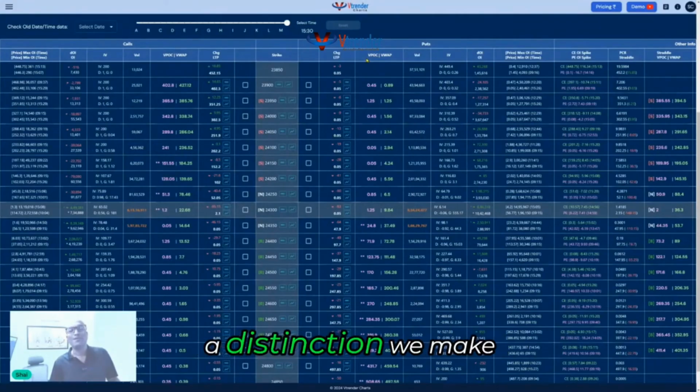So there is a distinction we make at VTrender when it comes to volume. 95% of traders look at volume below the price bar. At VTrender, what we do is we focus on volume right next to the price bar, and we also focus on